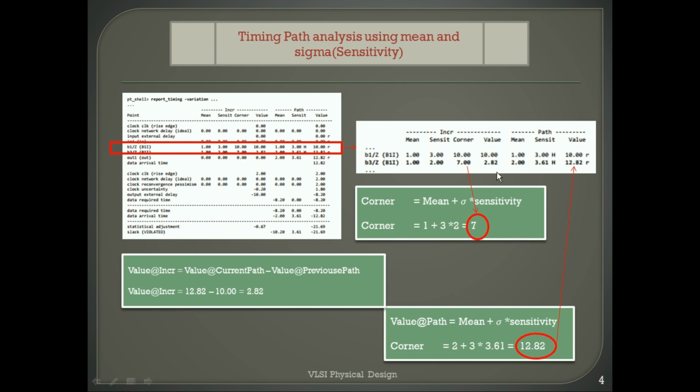So this 2.82 will be obtained by using this formula. This formula says the value at the current stage minus the value at the previous stage gives the value at the incremental stage. I will explain how mean and sensitivity will be calculated for a particular instance in the next slide.